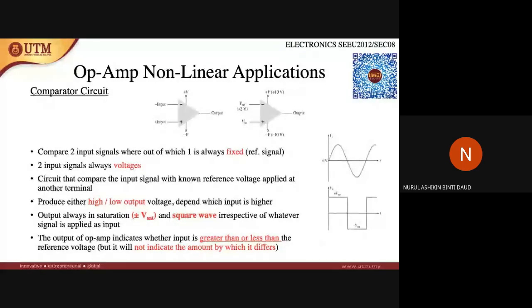Okay, we proceed to the comparator circuit. So this is the comparator circuit. For the comparator circuit, it is a non-linear application. For this kind of non-linear application, I think it is very simple. They are a bit simpler compared to the linear applications, because for non-linear, there is no